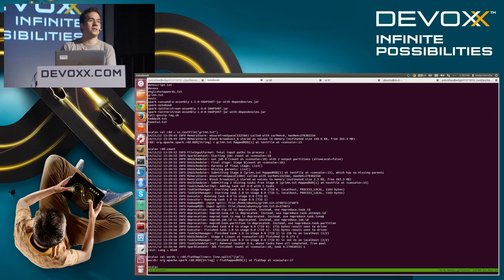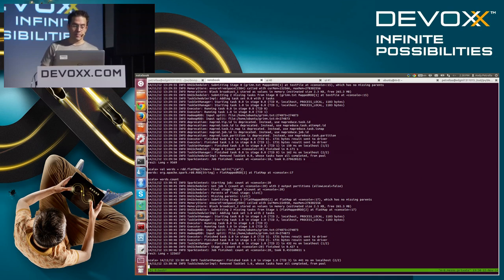Nothing happened. I didn't apply that operation to the 9,000 lines that I have there. If you really want to see what happens when you apply an operation, as I mentioned, you need to do an action. So, for example, we can say words.count, and then this will start applying that flatMap and get the number of words that we have available there.